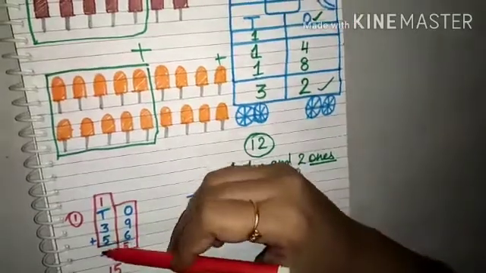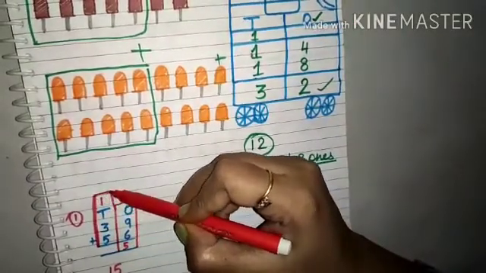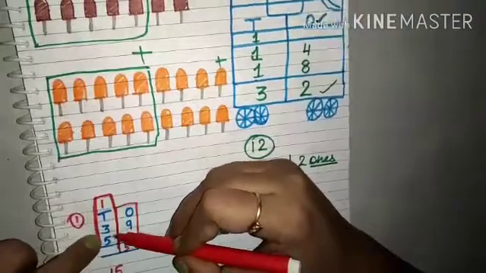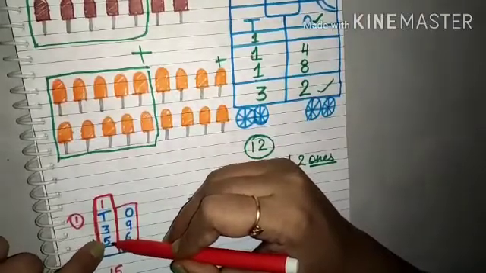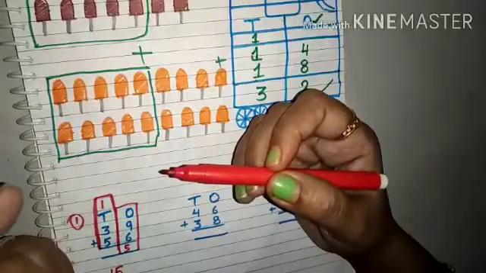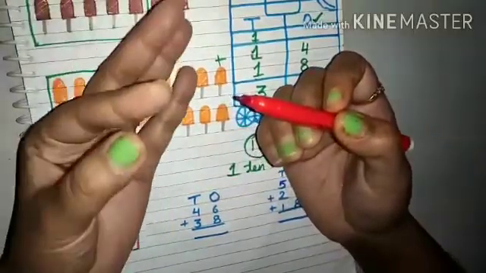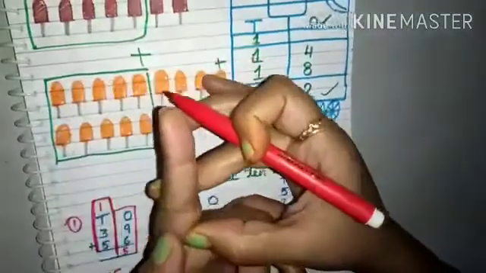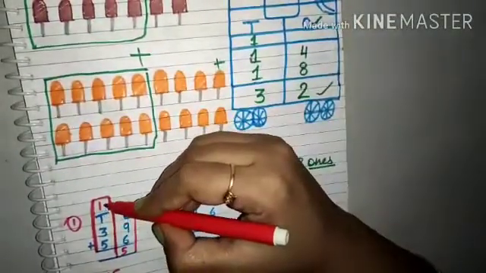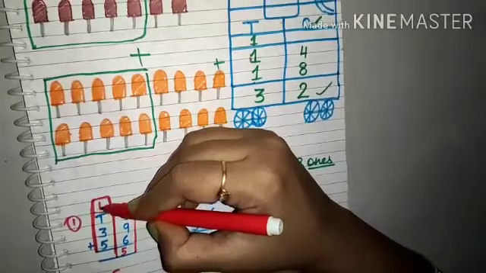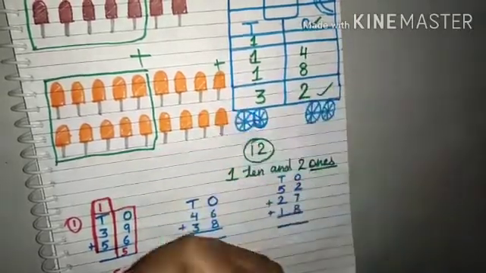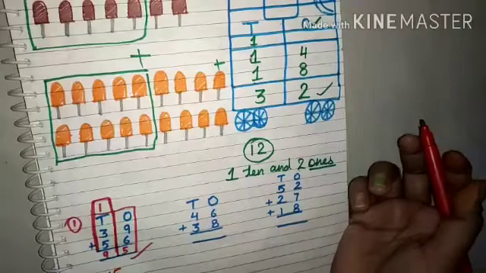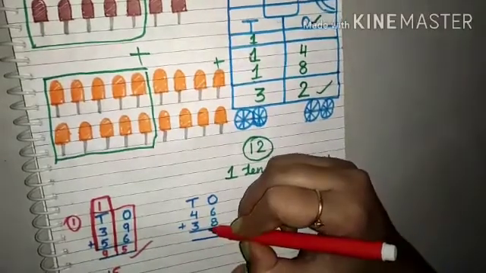Okay, now I am going to add this tens group. Okay, so which one is greater in this? Yes, 5. So 5 is in my mind. 3 I am going to count on my fingers. So 1, 2 and 3. 5, 6, 7 and 8. Okay, 8 and I am going to add this 1 ten also. 8 and 1, 9. So what will be its answer? 95.